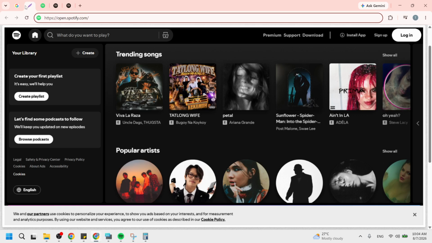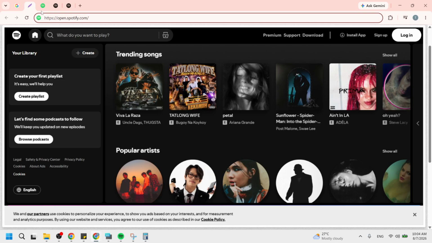Now, click the correct link and sign in. Click the main Spotify link from the search results to open the website. When the page loads, look toward the top right corner for the login option. Click that, and you should see different ways to sign in, such as using your email and password or a connected account. Enter your details carefully, because a wrong email will open a different account that does not contain your